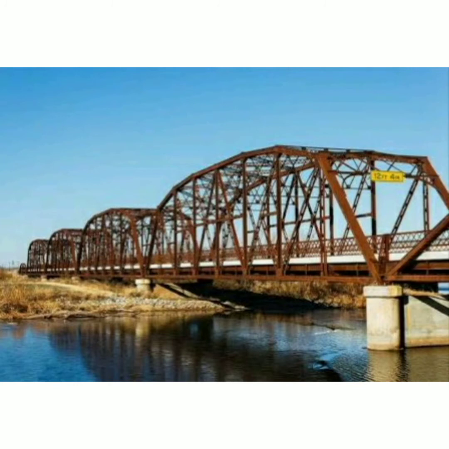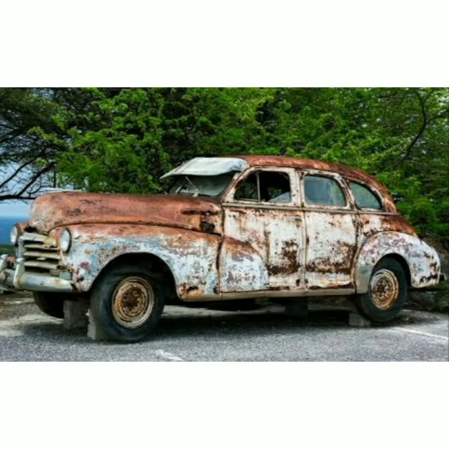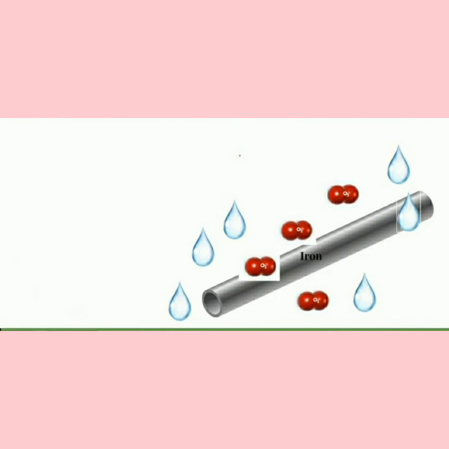Huge losses are suffered due to rusting of iron in making bridges, bodies of ships, vehicles, etc. Therefore, various methods for prevention of rusting have been devised. We know that both oxygen and water are required for rusting, so iron articles should be prevented from coming in contact with air or water or both to check rusting, and this can be done in the following ways.